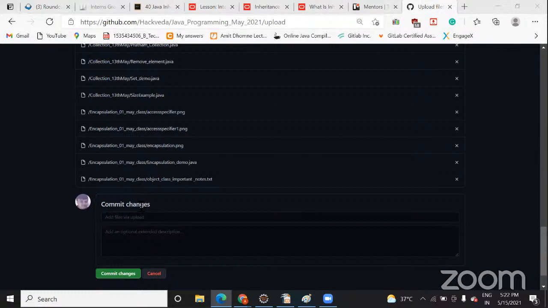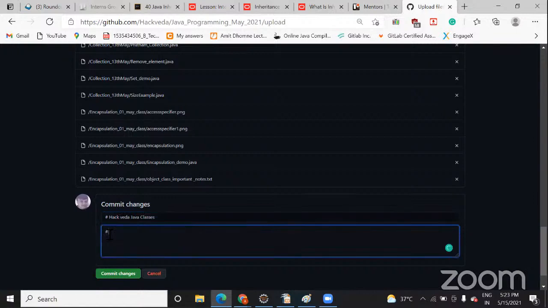So you can add a comment here. For example, I'm adding a comment: check with the Java classes, and here I'm adding a comment: all Java programs.